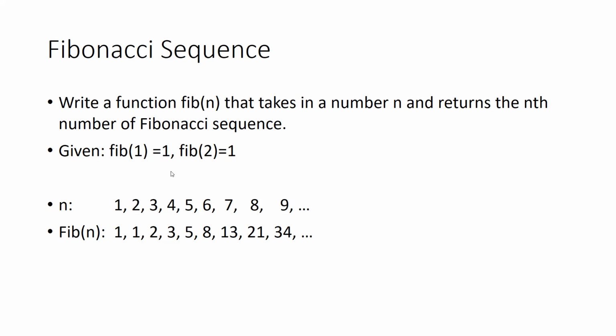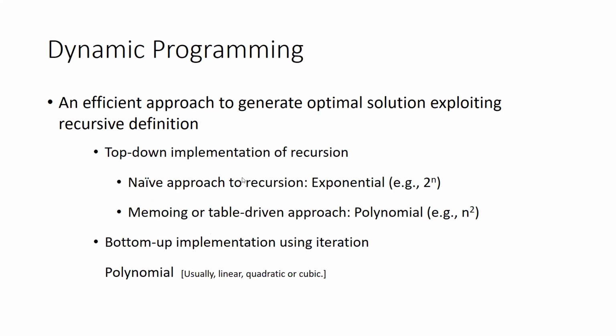So more concretely, if I ask you to give me the seventh number of this Fibonacci sequence, you are supposed to tell me that it's 13. If I ask you what is the ninth number, you're supposed to tell me it's 34. Now, what we promise is basically,